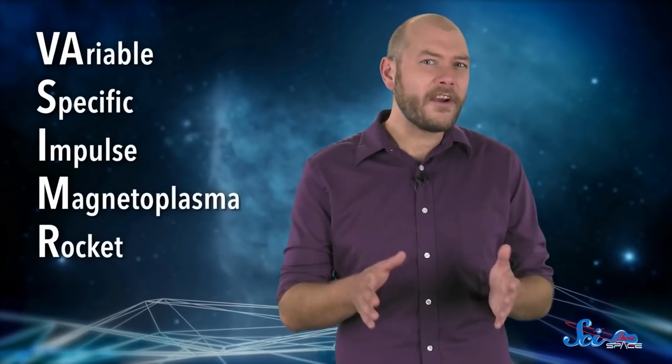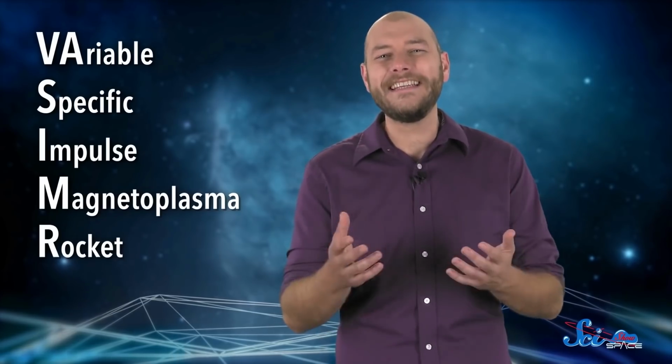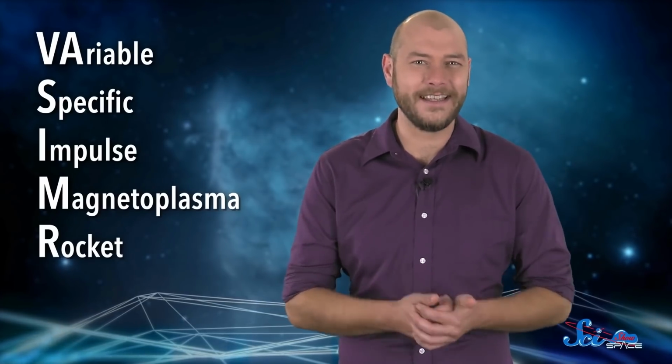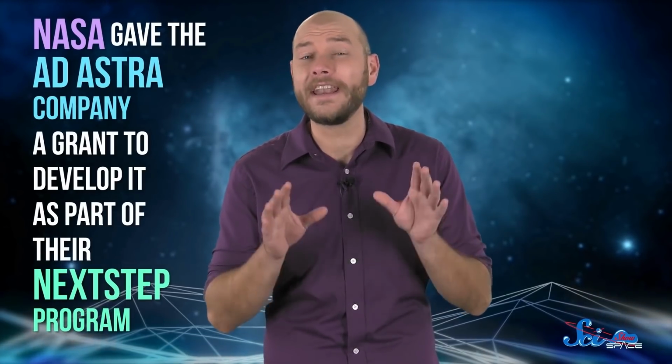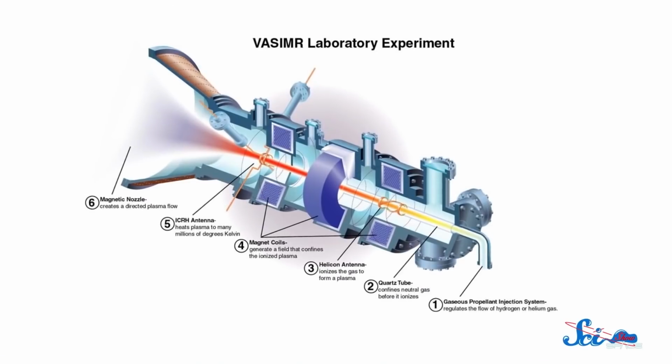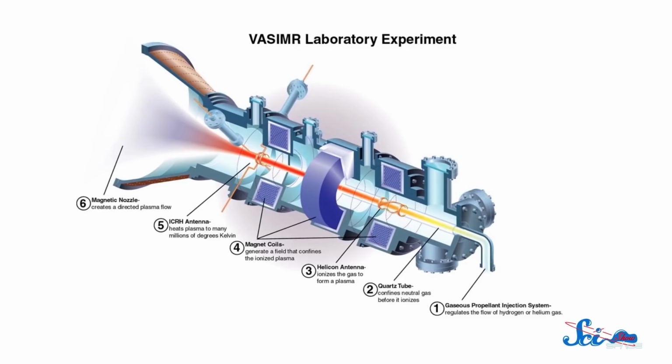VASIMR stands for Variable Specific Impulse Magnetoplasma Rocket, and the idea behind it has actually been around since the 1970s. But engineers didn't make too much progress on it until 2015, when NASA gave the Ad Astra company a grant to develop it as part of their Next Step program. It works using a kind of electric propulsion, and it's a big step up from the other engines available right